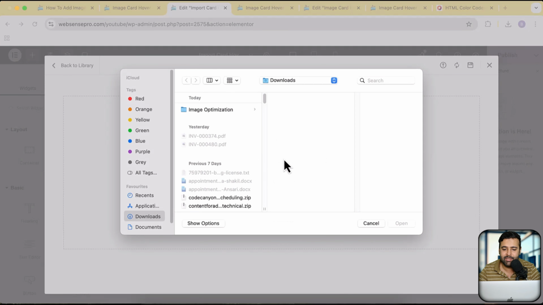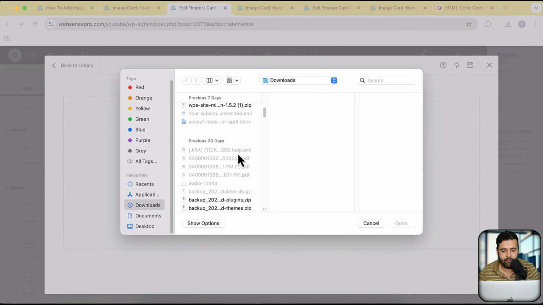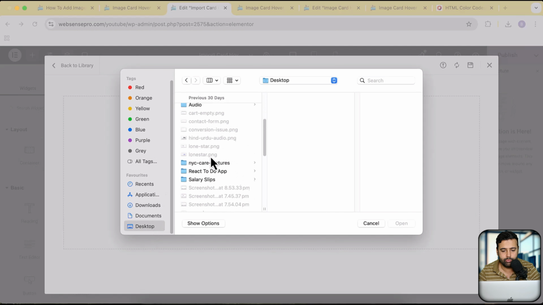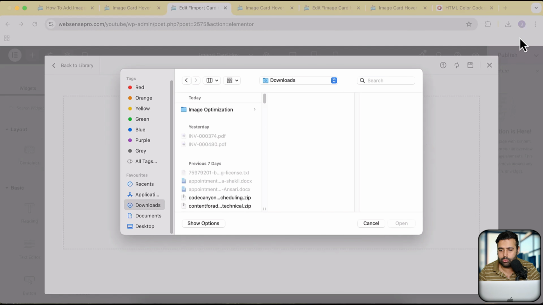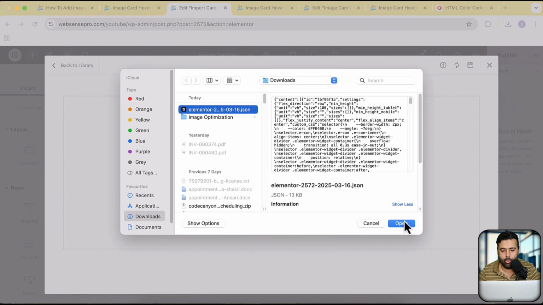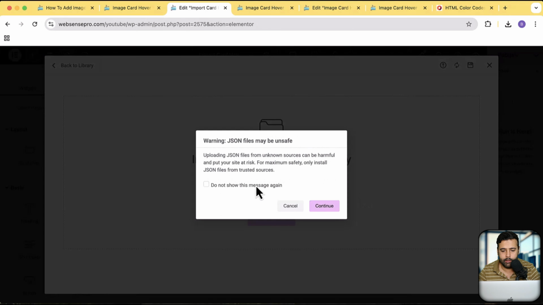You will be getting the JSON file via the Google Drive link if you comment on the video. So here's the template. Click on the template, click on open, click on continue,